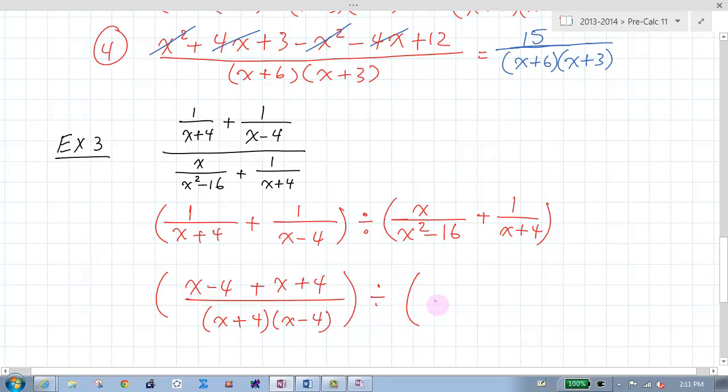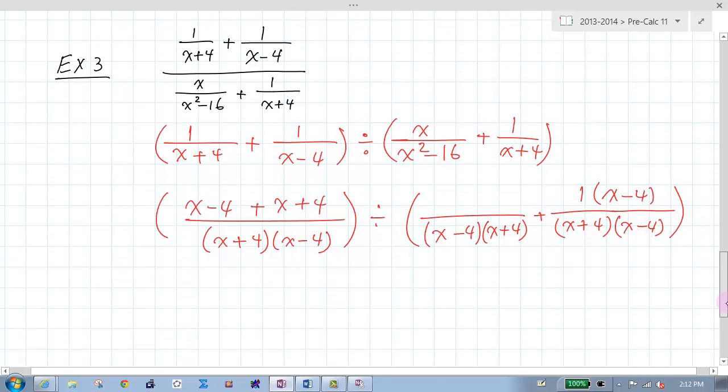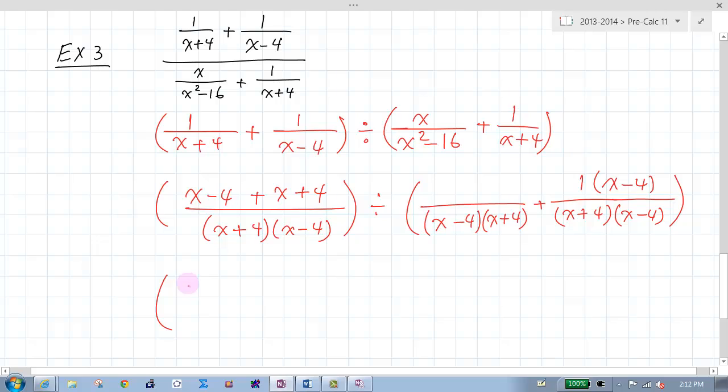That's divided by, this is x minus 4 times x plus 4 for the fraction. 1 over x plus 4. If you were to make a common denominator, we need to multiply the denominator of the second fraction by x minus 4. To do that, we need to multiply the top by x minus 4. So we end up with, here the 4's cancel out. I have 2x over x minus 4 times x plus 4,